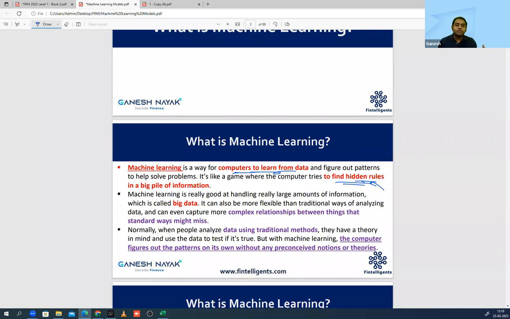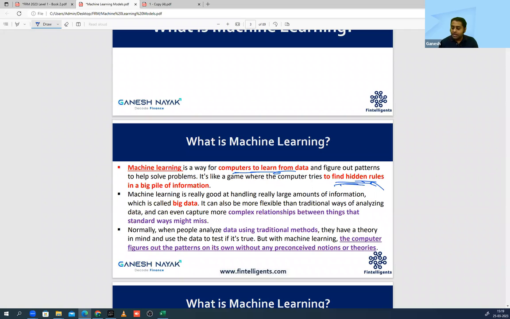When you have so much information, because as an organization, as a bank, you have internal communication through chats, through emails. Your customers are coming on your chat bot and asking certain things. They're calling you also. So there is a variety of forms of data and huge data available. But as a human being, it will be very difficult for you to understand what is the pattern in that data. That is where machine learning concepts come into the picture.